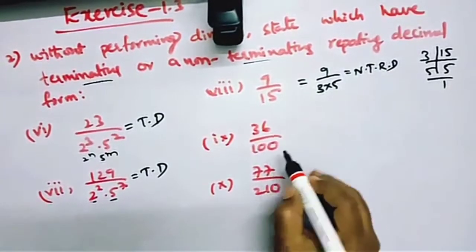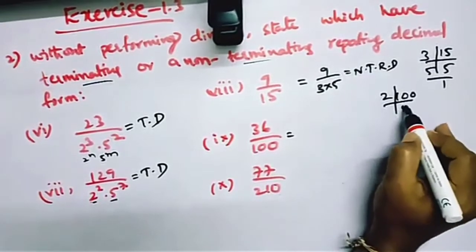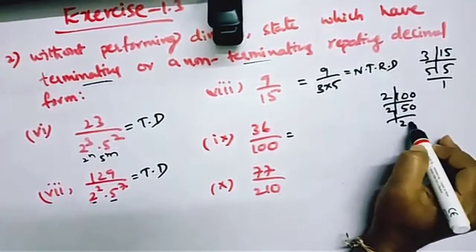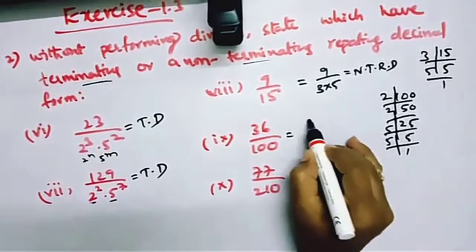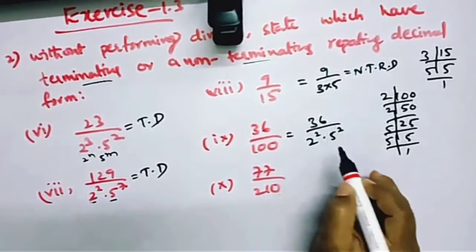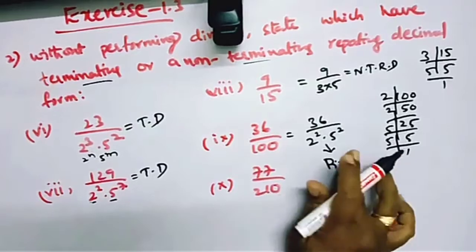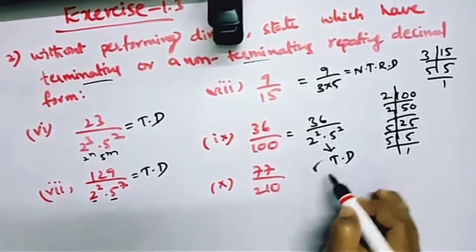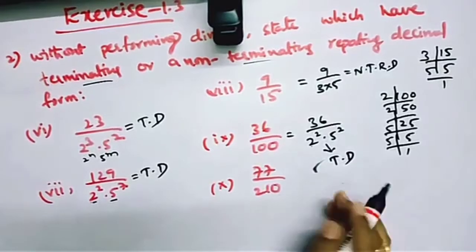This 100 is there. So 100 you should write as 2 times 50, 2 times 25, 5 times 5, 5 times 1. So you should write down 36 by 2 power square into 5 power square. So it is a terminating decimal. Why? Because the denominator is in the form 2 power n and 5 to the power of m. The next one is